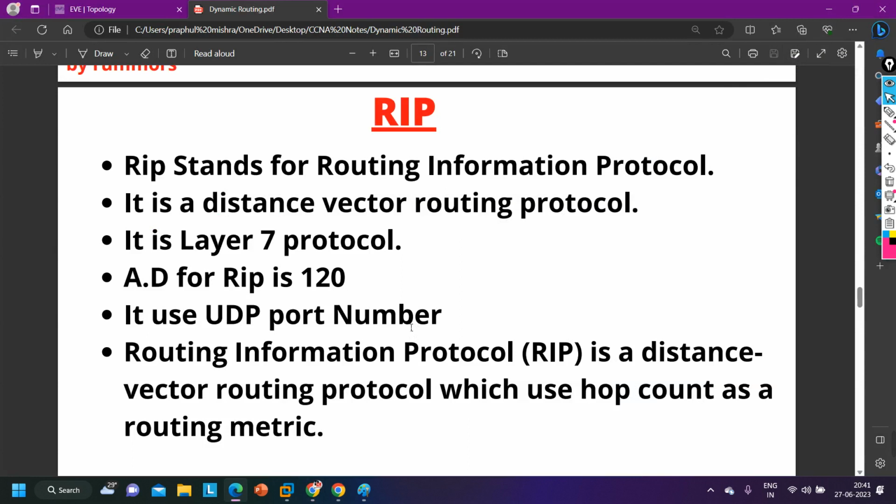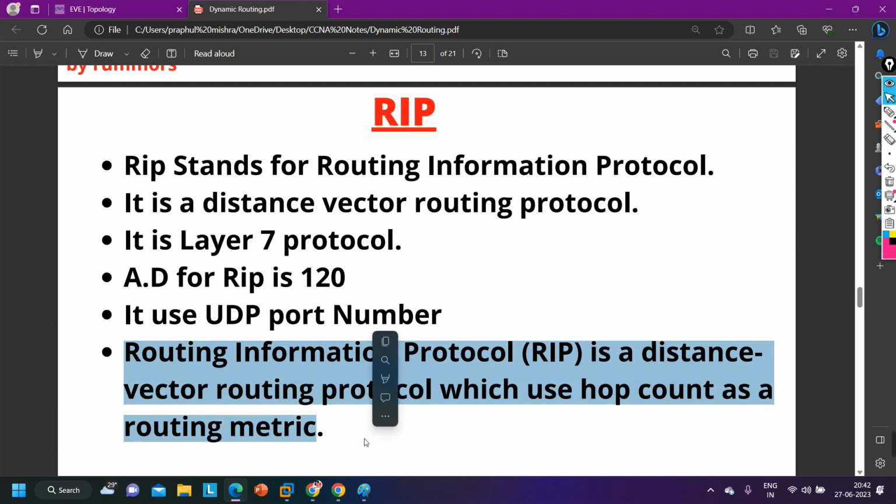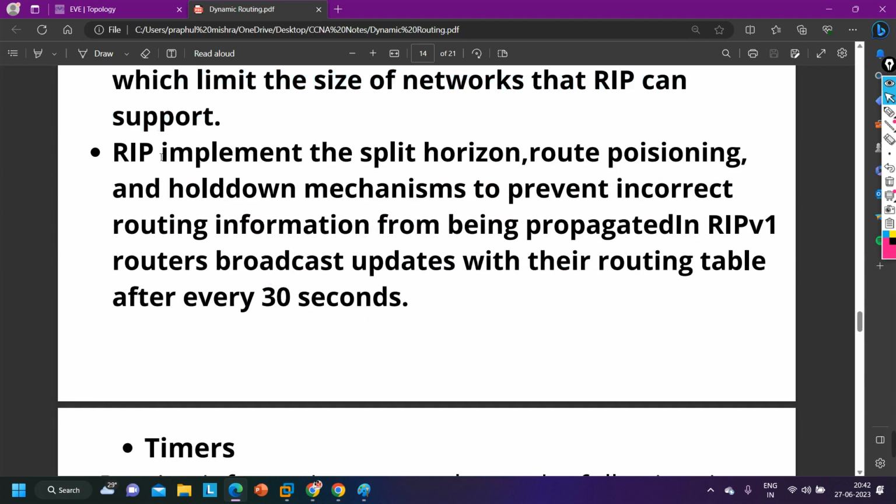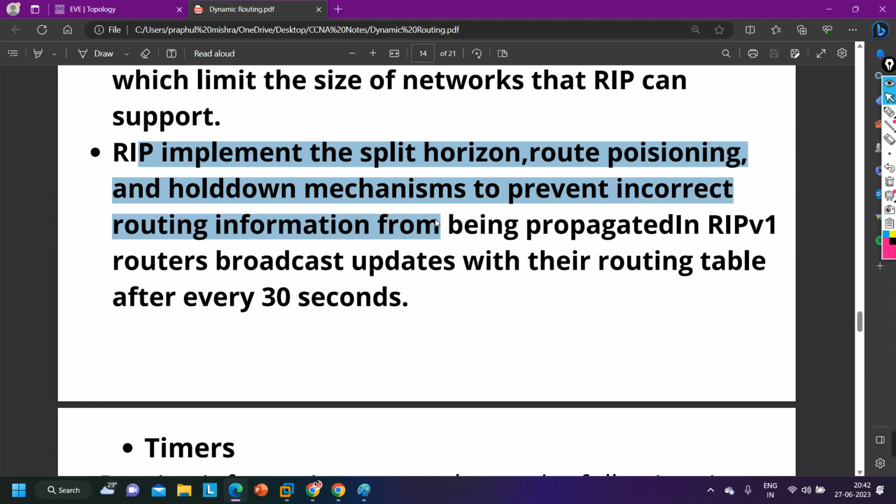Sir, 520. Okay. Routing Information Protocol is a distance vector routing protocol which uses hop count as a metric. Okay, we already discussed this. The largest number of hops allowed for RIP is 15, which limits the size of network that RIP can support. Yes or no? Then RIP implemented split horizon, route poisoning and hold down timer mechanisms to prevent incorrect routing